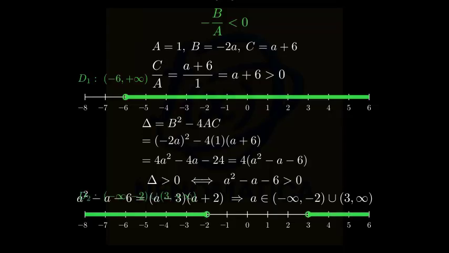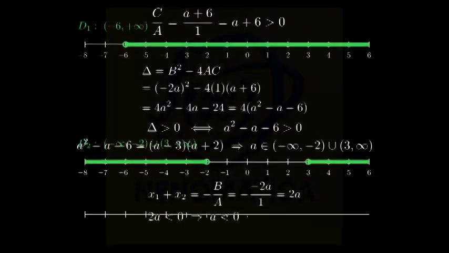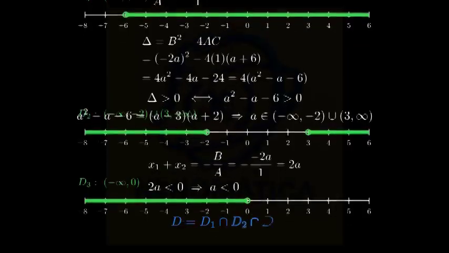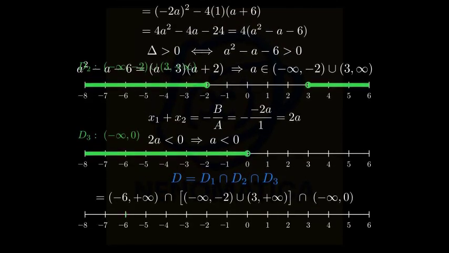Step 3. Sum negative. The sum of roots is negative b over a, which here is negative of -2a over 1, or 2a. We want that less than 0, so a is less than 0. Finally, we intersect the three conditions. The intersection of a greater than -6, the union of a less than -2 or a greater than 3, and a less than 0 is the interval from -6 to -2, open at both ends. Therefore, the set of all